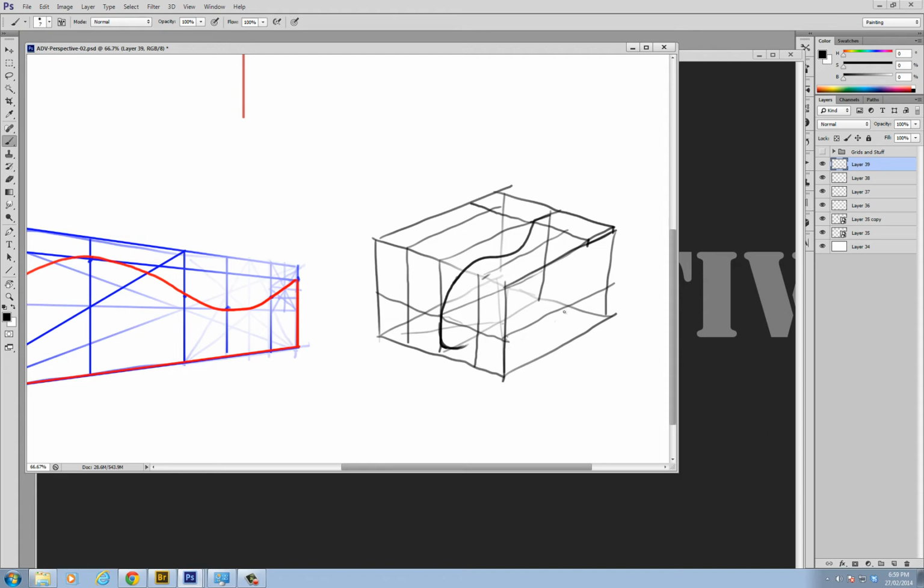So again, we're creating a grid in here, and we're using this to build this form. So I need to find this top point, and once I've found that top point there, it's not actually too hard to just draw a perspective line, and what's going to happen is that this point here is going to hit somewhere